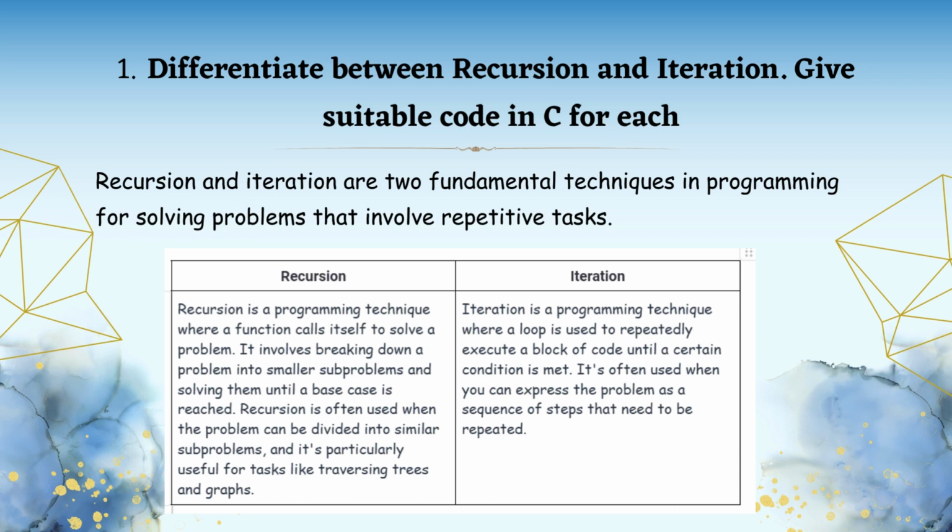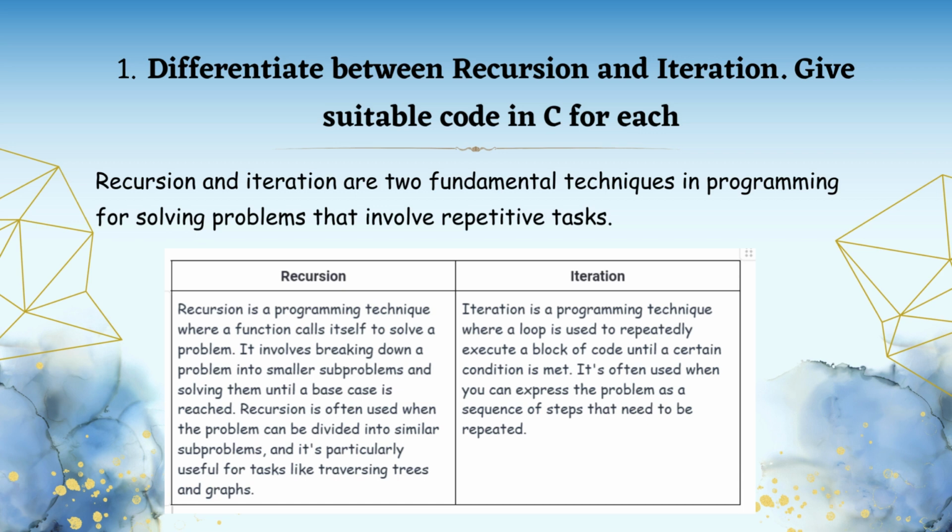Recursion and iteration are two fundamental techniques in programming for solving problems that involve repetitive tasks. Recursion is a programming technique where a function calls itself to solve a problem. It involves breaking down a problem into smaller subproblems and solving them until a base case is reached. Recursion is often used when the problem can be divided into similar subproblems, and it's particularly useful for tasks like